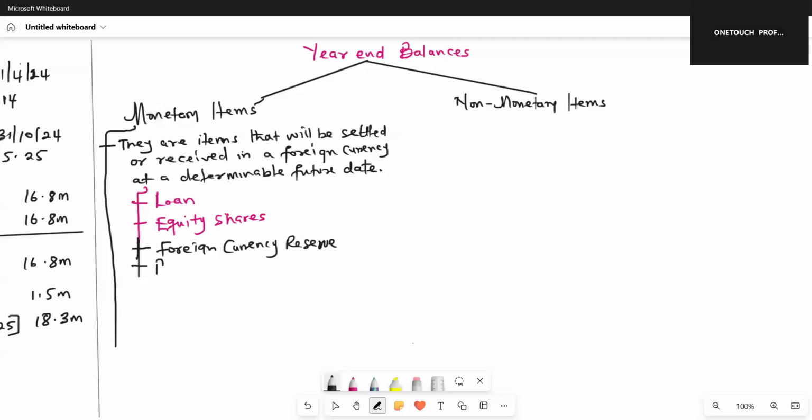Receivables and creditors that will be settled in a foreign currency are monetary items. So any item that you expect to either pay money or receive money, but the transaction will be in a foreign currency, is a monetary item that must be translated at the end of the year. So number 2 is that all monetary items